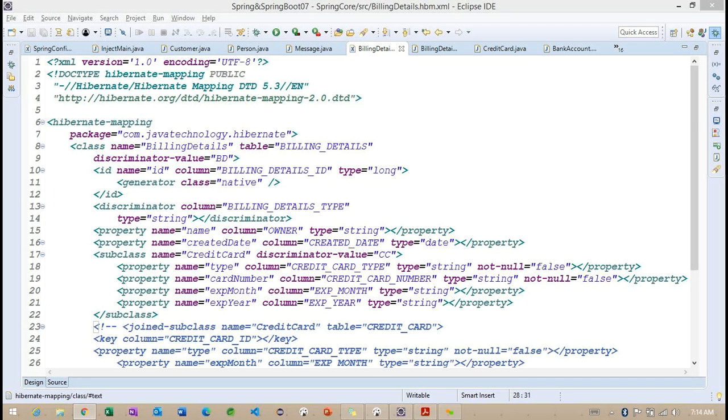Now, what is the model class we need to specify? Getting the point. The model class we need to specify here is the billing detail section. So let's see how we can specify this particular billing detail section here.